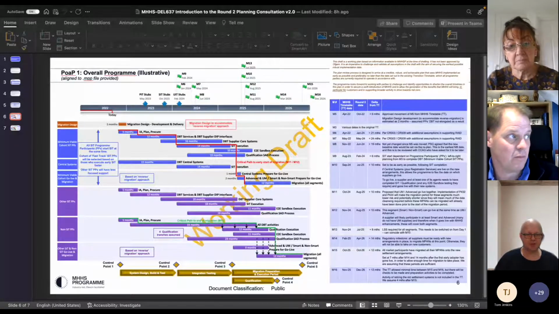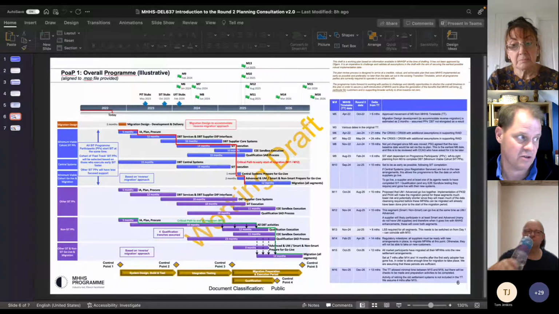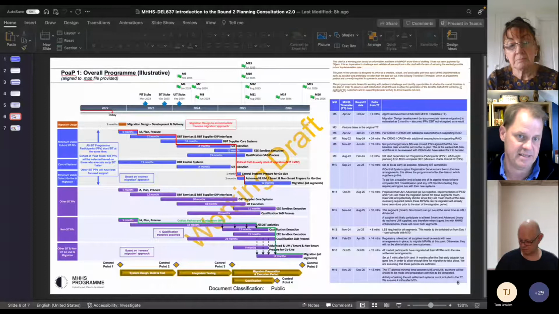But at this point, we haven't got that clear view from all participants. DCC are in the process of replanning their development off the back of MP 162 and a few other things. But another thing we wanted to get out of the consultation is a realistic view from all of you as to when systems will be ready, and it'd be really good to know your DBT timescales for registration, UMSO, and to match it into where they come into the component integration testing, because that will give us a feel for